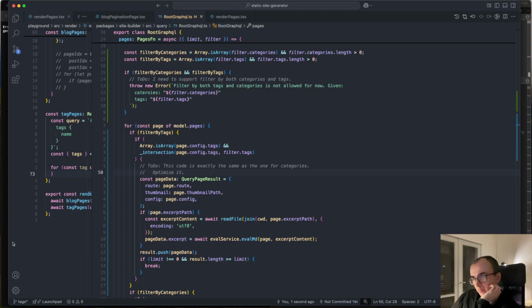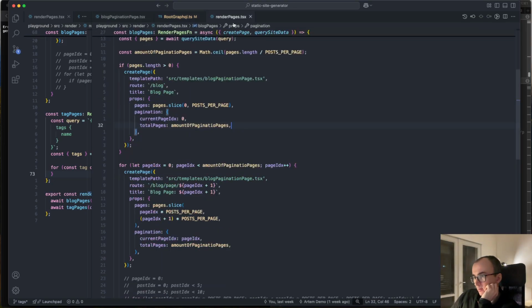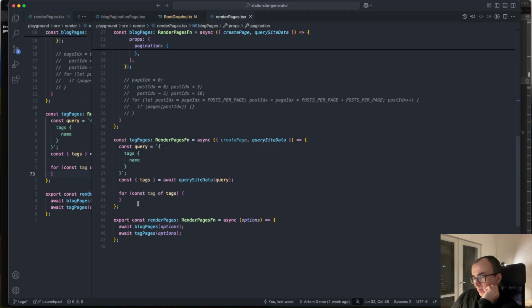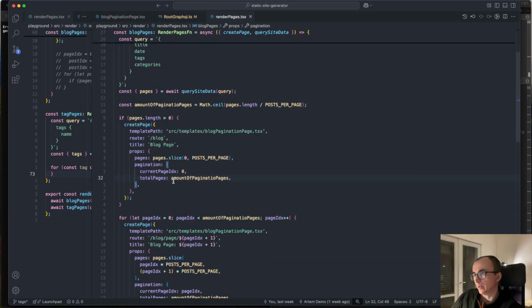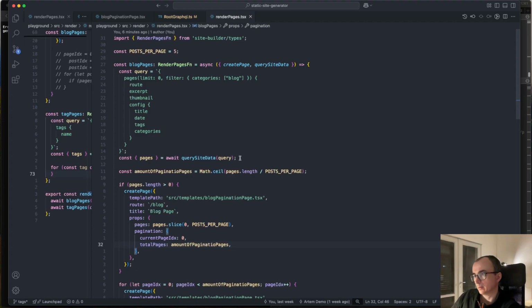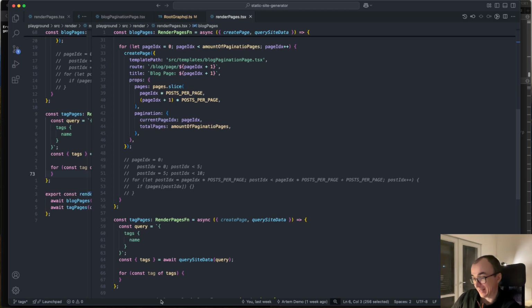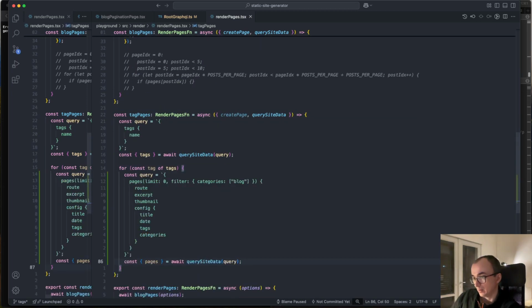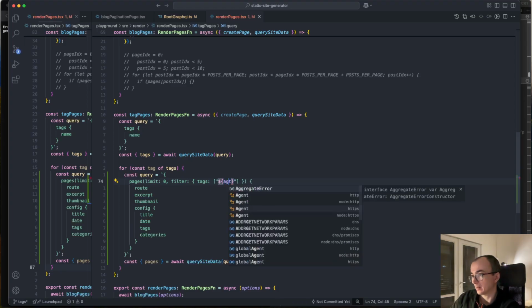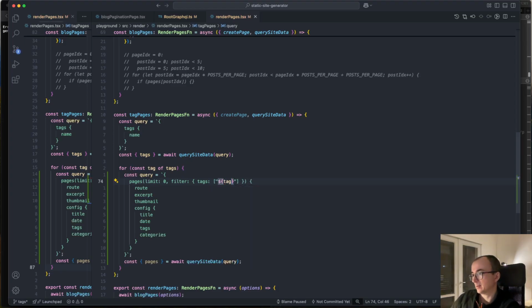Okay. Now I need to query it. So now I can query by tag. Yes, I can query by tag. So here it is, query side data again, and this time tags. Here I will provide a tag. Oh my god, how is it happening? Okay, and